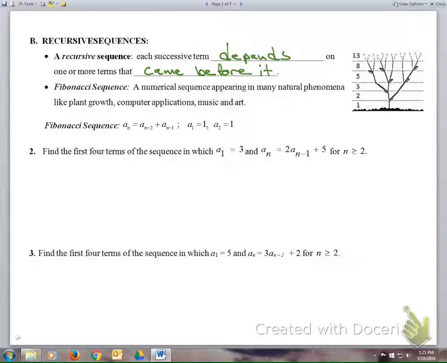Fibonacci sequence is a pretty famous sequence. So when they give you the formula there, a sub n equals a sub n minus 2 plus a sub n minus 1, that just means to get the third term, you add the first and second term together, and so on. And here is the Fibonacci sequence, 1, 1, 2, 3, 5, 8, 13. So the first term is actually 1, so you can add